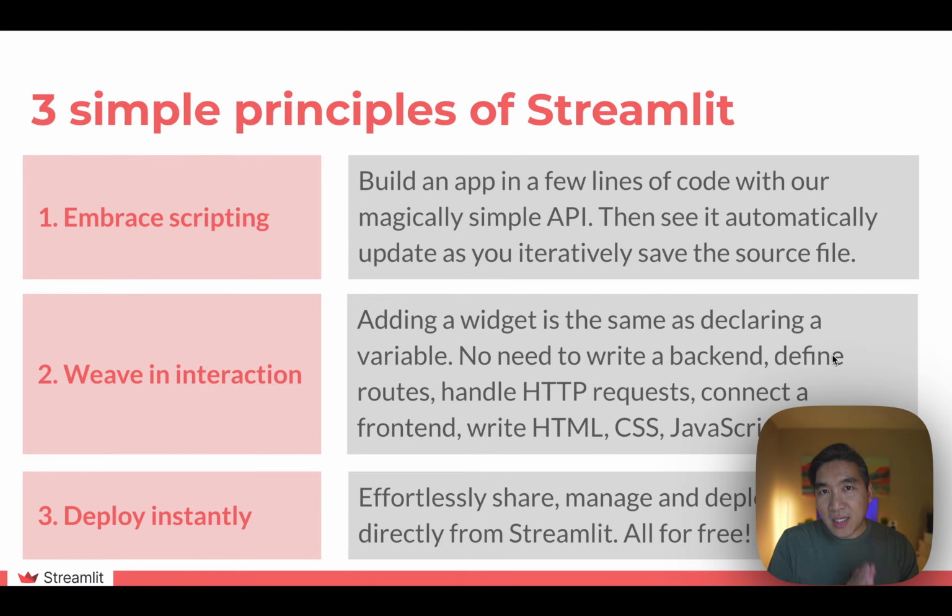Here are some of the guiding principles of Streamlit, in that it allows you to embrace scripting, and the API would literally do its magic by converting the Python syntax into the web app elements. You'll be able to add interactive widgets that will allow you to take in data inputs, image, audio, and then you could literally convert that, pre-process it, build a model out of it, build a chatbot, and several more of the use cases, all in Python. And so if you could come up with the idea, you could make that into a tangible form by creating the app and then deploying it to the cloud.